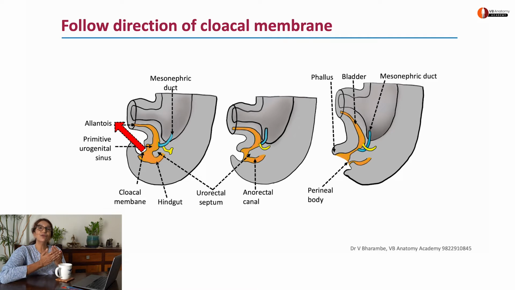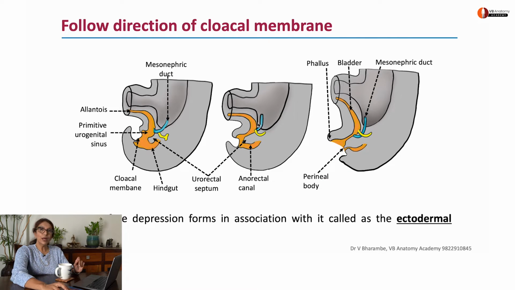membrane is facing forwards. Okay, with time this cloacal membrane will start to face slightly downwards and then completely downwards. Remember, your cloacal membrane is actually going to form the perineal floor. You don't want it facing forwards. You want it facing downwards. For that, this portion elongates to form the lower abdominal wall. So now, the cloacal membrane is in its right position. You have an endodermal cloaca. Okay. So now what happens?